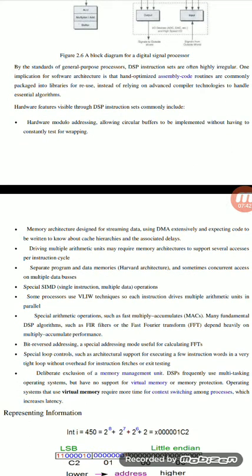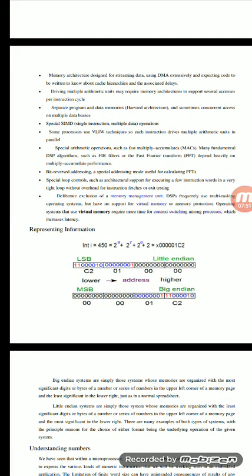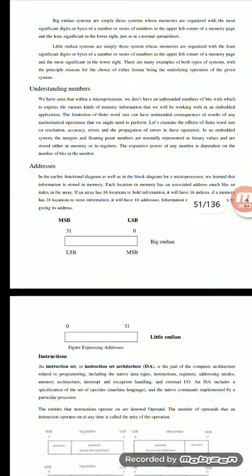These signals we have to occupy in the DSP process. See, it is for memory purposes, virtual memory. For the virtual memory we have interfacing, for example int i = 450, and see the binary values. So for 450 we have 2 power 8, 2 power 7, 2 power 6, and so on, which gives a hexadecimal value. The lower and higher bits, LSB and MSB, are the representation of DSP or memory.